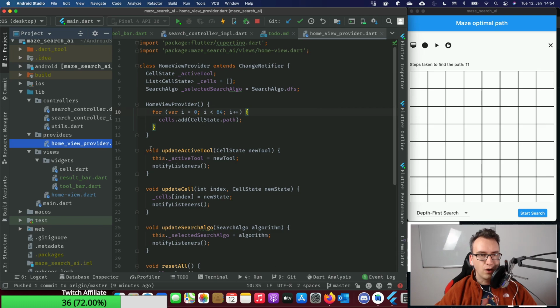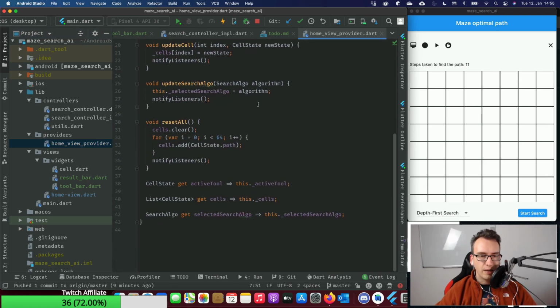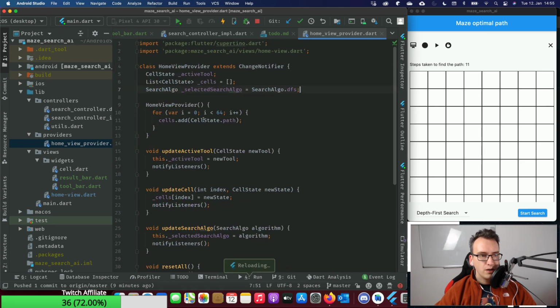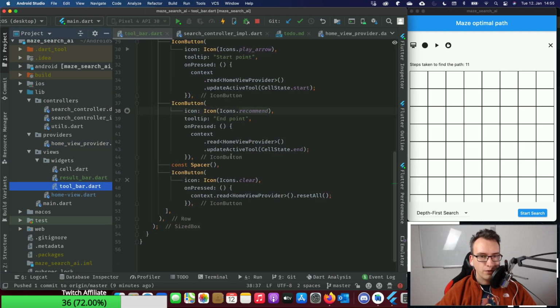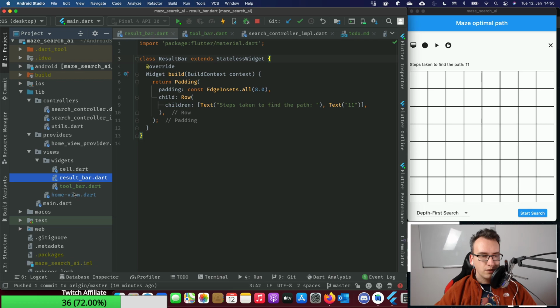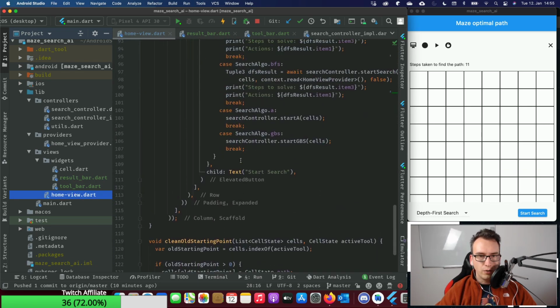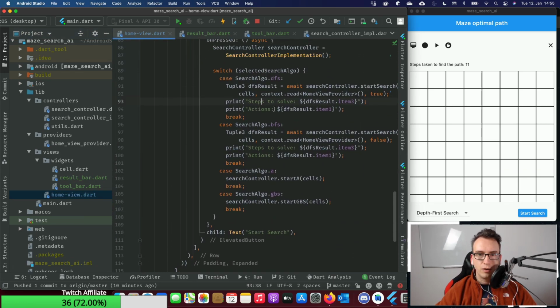So at the moment we have the home provider, and this could also include the steps that we took to solve our search, right? I think that would make sense. Currently we only get that information down here, and we don't update the steps to solve the thing.